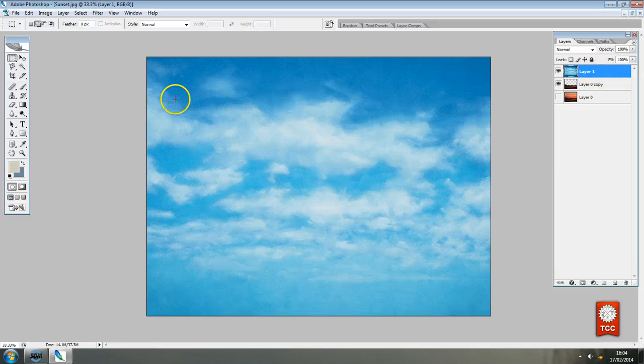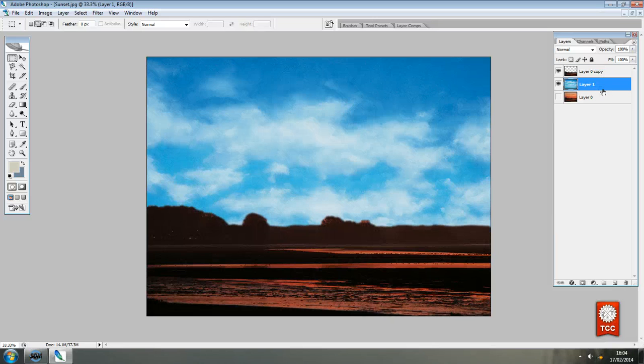Now obviously this sky image is taking up the whole area and we don't want that, so we can simply click on this layer and drag it till you get that bold line. We're going to drag it beneath the sunset image or sunset layer,